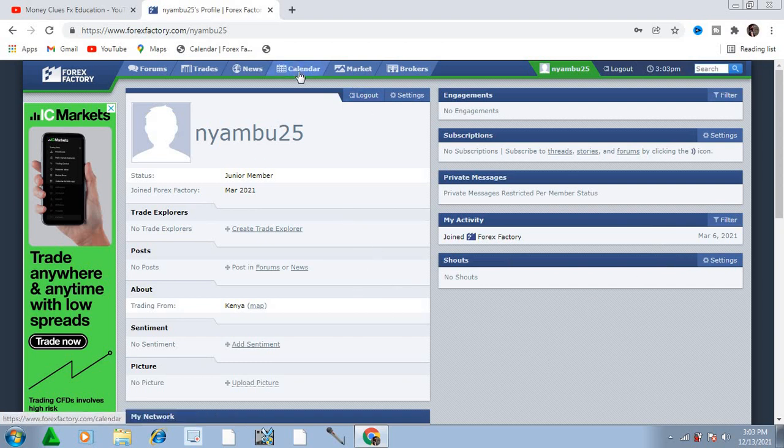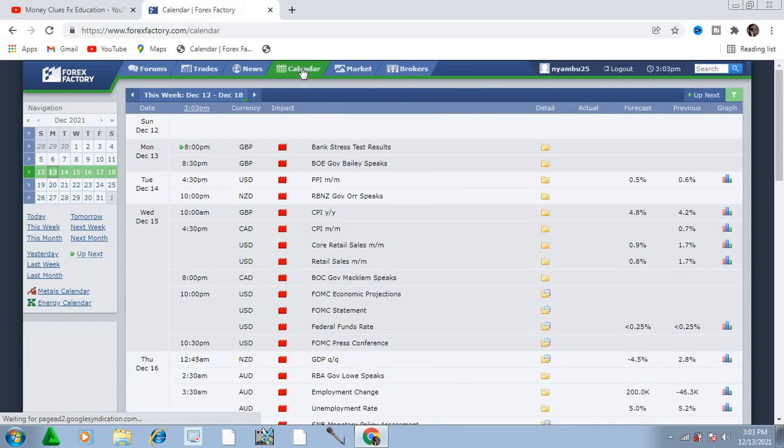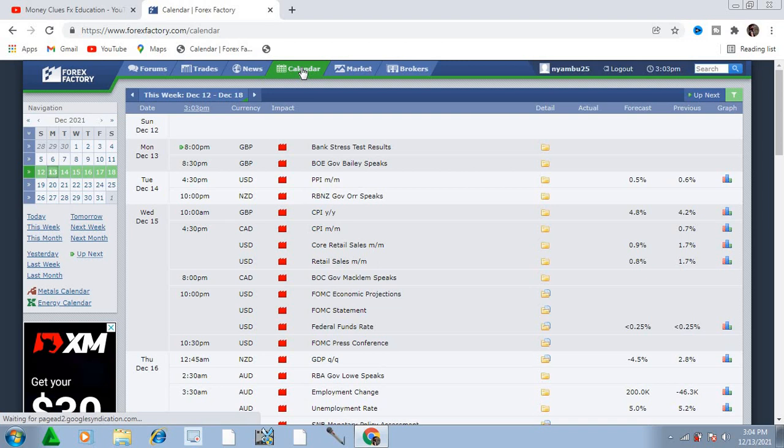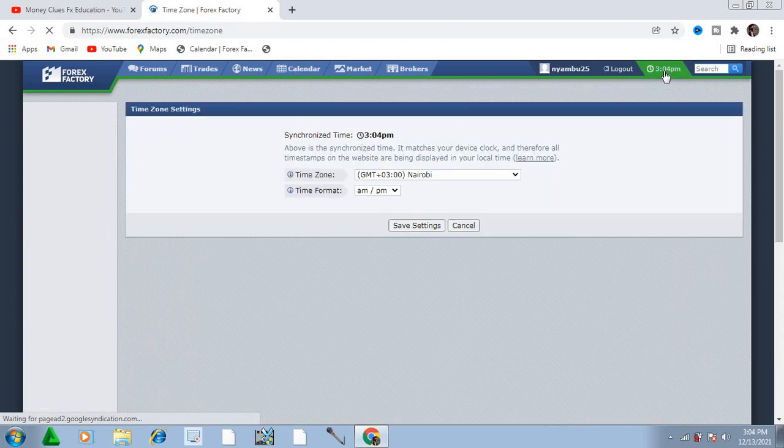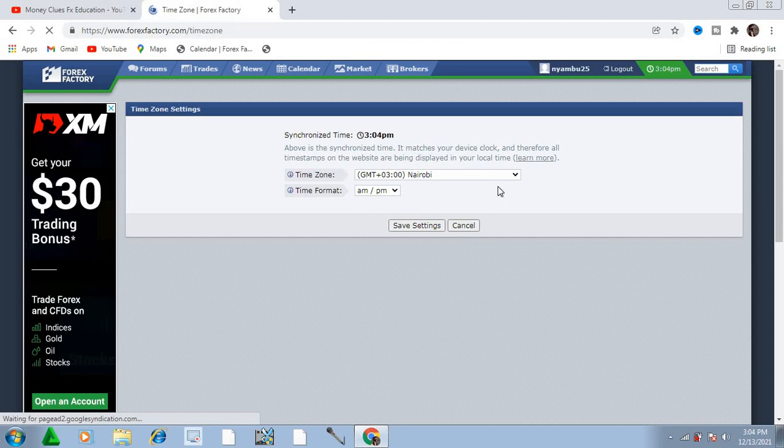The most important thing, guys, you're supposed to do right now, is to make Forex Factory go hand in hand with your local time. We come from different countries, and maybe those people who came up with this website don't come from your own country. So what you're supposed to do is go right here and set the time from the country you come from. You understand? For instance, I come from Kenya, so I'm going to choose Nairobi.